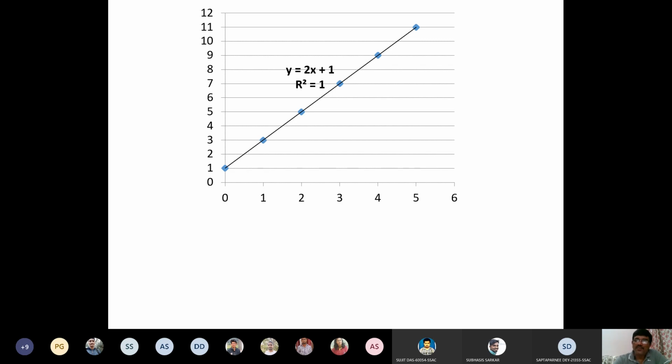And then you see value of y is equal to 2x plus 1. So intercept is 1, and the regression coefficient is 2 here. So 2 means delta y upon delta x. So if you make a change of 1 unit in x, there is a change of 2 units in y. That is the meaning of this 2, which is b, or regression coefficient.